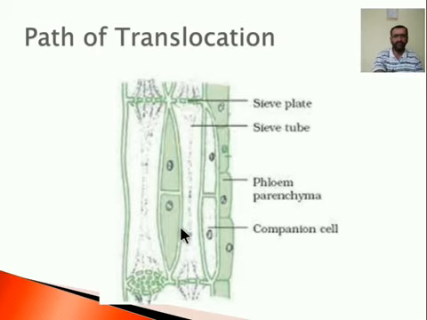These are the two main translocatory tissues present in the plant, xylem and phloem. Both these tissues differ morphologically and physiologically. Among these, the xylem is involved in the upward movement of